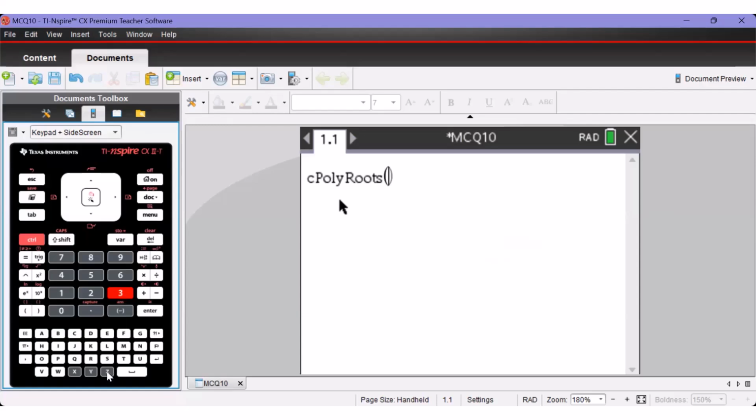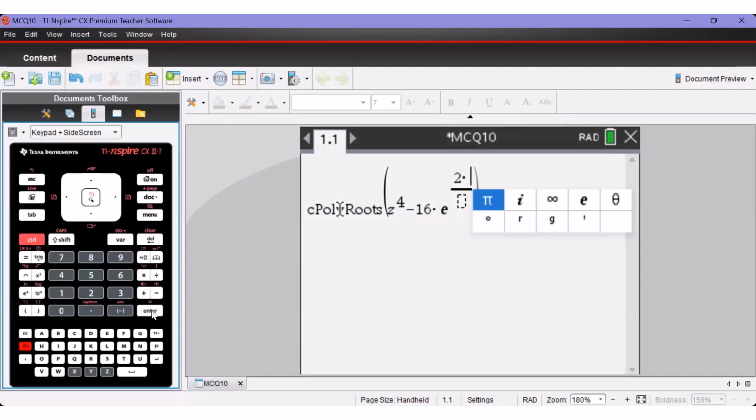So let's enter this. Start off with z, use the exponent key, 4, arrow to the right, and minus 16 multiplied by, use the e to the x key, not letter e, control divided by for the fraction template, press 2 times, press the pi button, press enter to paste pi onto the screen,